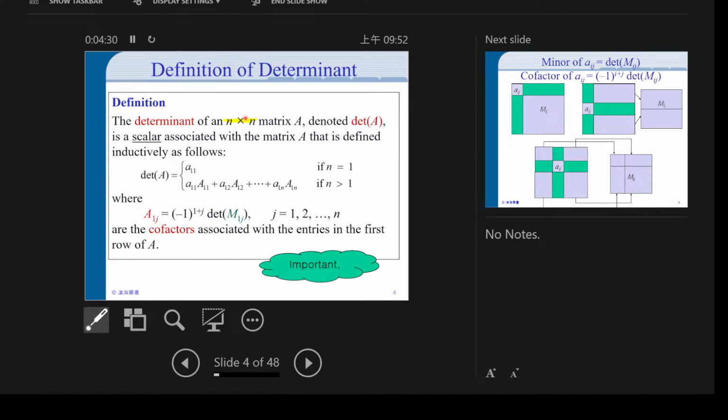Well, it's quite a computer science like definition here. So we have a determinant of A. As we say, it's a number, and we define this recursively or inductively as follows. We say determinant of A is, if A is a 1 by 1 matrix, then it's just A11, whatever element you have. And if n is bigger than 1, then it's recursively defined,